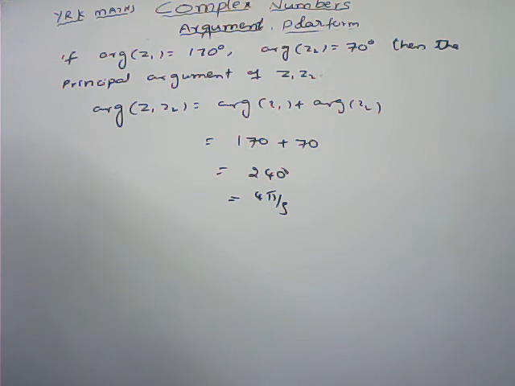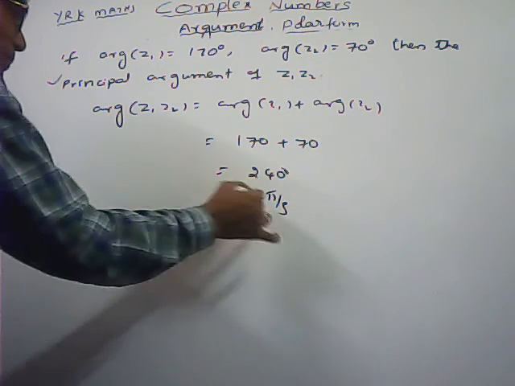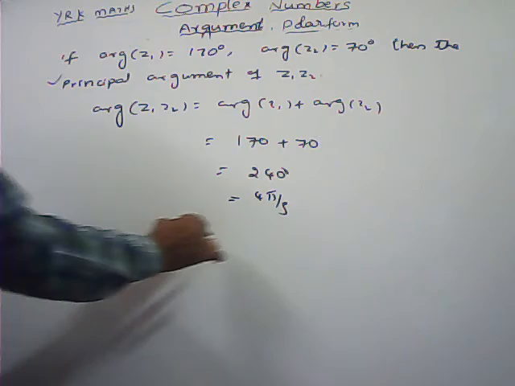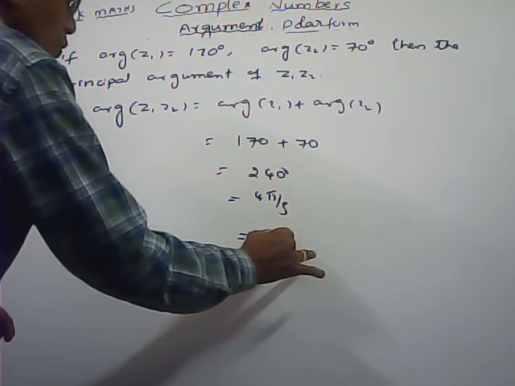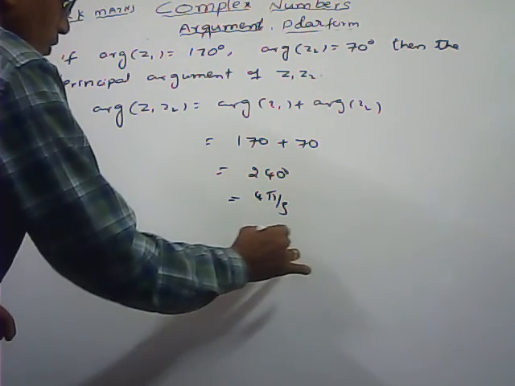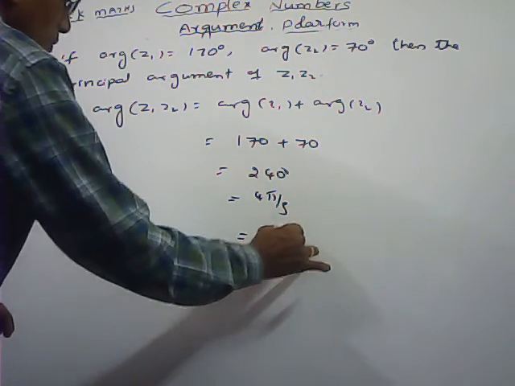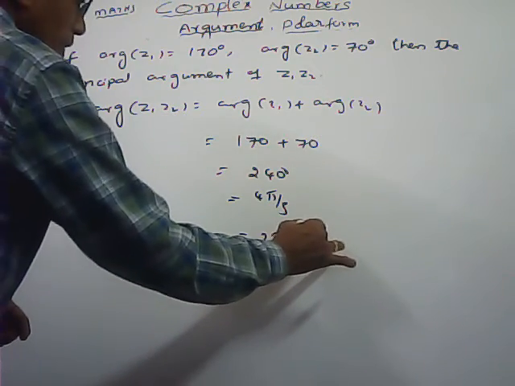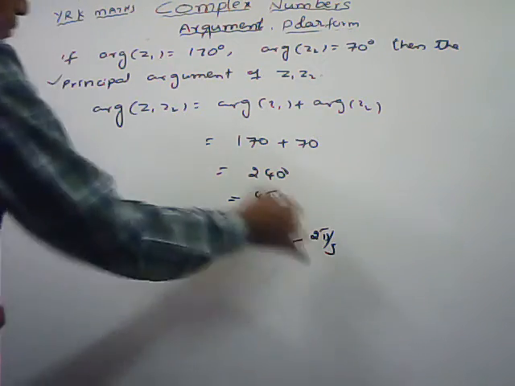That is the argument of the complex number. That is not the principal value of the argument. So here what they are asking is the principal value of the argument of the complex number. So that is in the form of 2n pi plus theta only. So this one we can write 2 pi minus 2 pi by 3. 6 minus 2, 4.